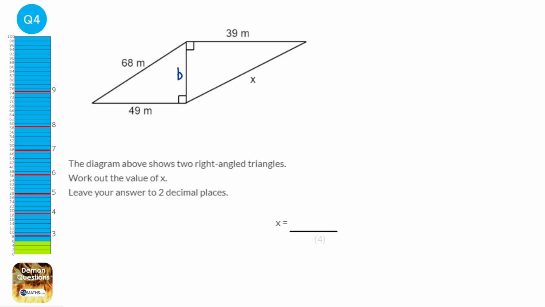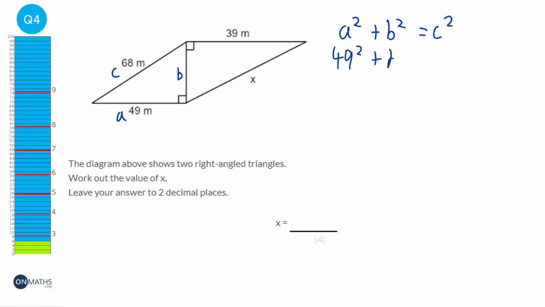We can't work out what x is straight away, but we can find this value here. And we know with Pythagoras we can find a third length if we've got the other 2 in a right angle triangle. So a squared plus b squared equals c squared. And a and b were labelled. C is always opposite the right angle, so it'd be 49 squared plus b squared equals 68 squared. And 49 squared is 2,401. And 68 squared is